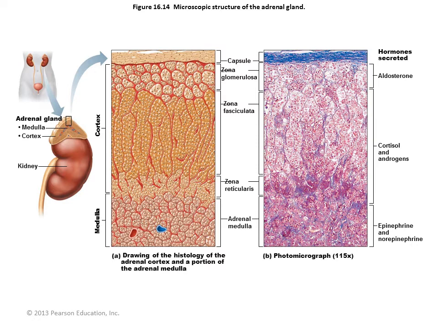Epinephrine stimulates the metabolic activities, bronchial dilation, and blood flow to skeletal muscles and the heart. Norepinephrine also has similar effects, especially vasoconstriction, and influences the blood pressure, as we learned in the